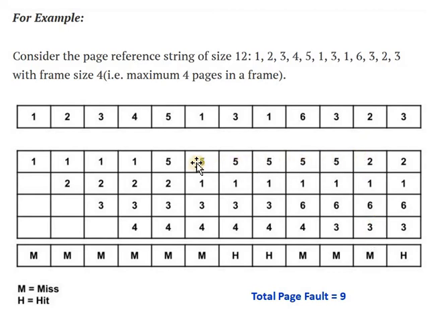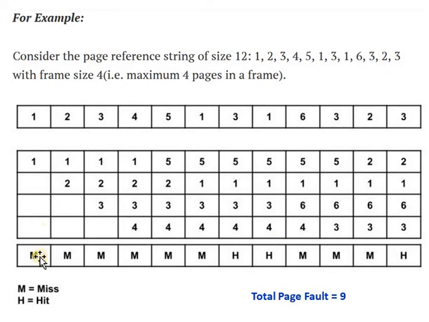Because 5 is the oldest page. Then whenever 3 comes, at that time it is available in the main memory. So here, because page 3 is already available in the frame, a page hit occurs, so no page replacement occurs. So here the page fault ratio is 9 divided by 12, because total number of misses divided by total possible cases. Okay, then what is the total number of page faults that occur?